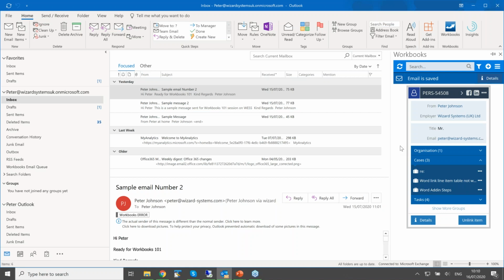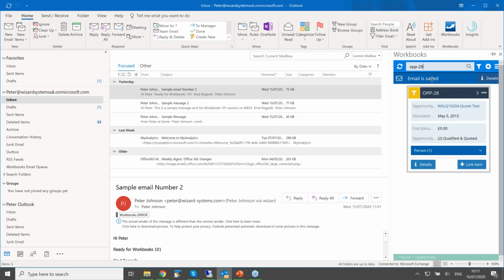So if you know the name of the item that you're searching, any of the objects within Workbooks, or the object reference, that's the unique ID against each record. I know I've got an opportunity, for example. So if I go op-28 and do my normal search, if I press enter here, you can see it's found that opportunity within Workbooks,